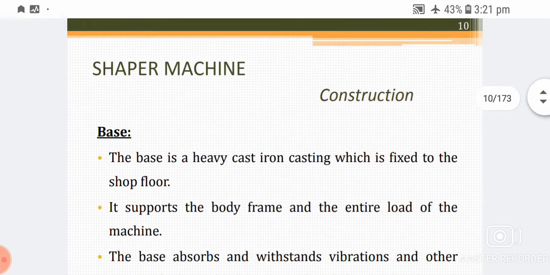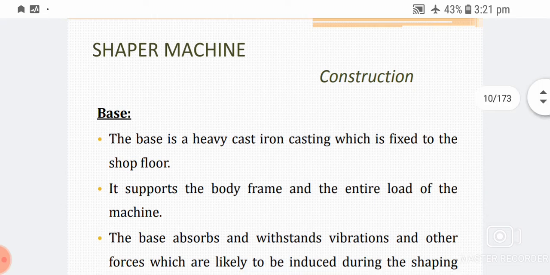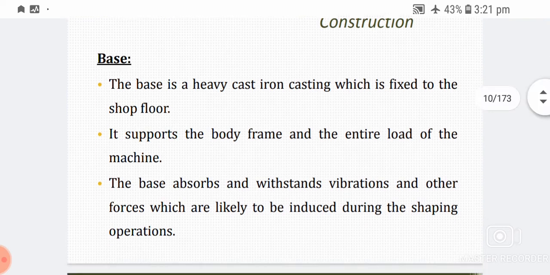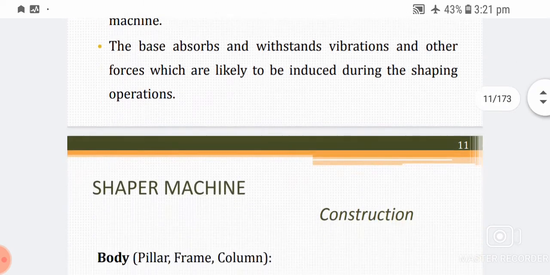The base. The base is a heavy cast iron casting which is fixed to the shop floor. It supports the body frame and the entire load of the machine. The base absorbs and withstands vibrations and other forces likely to be induced during the shaping operation.